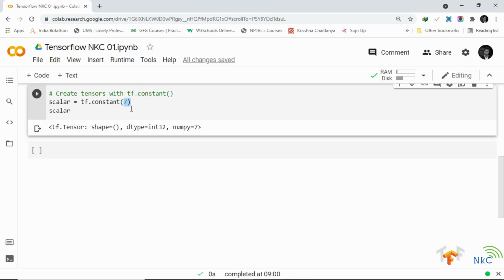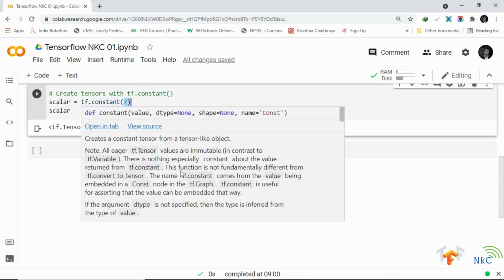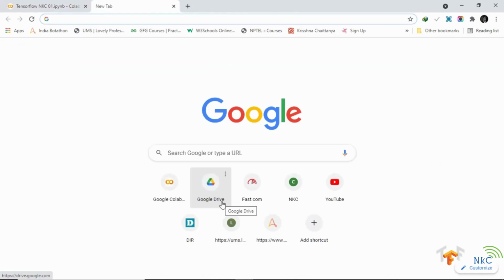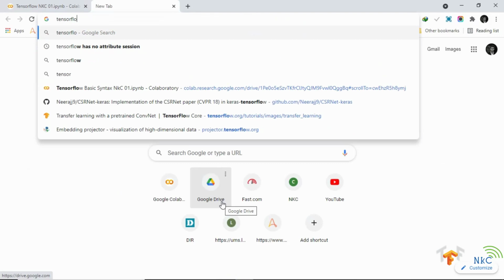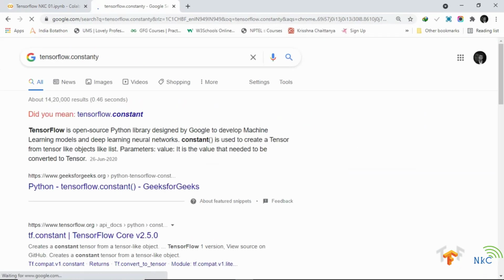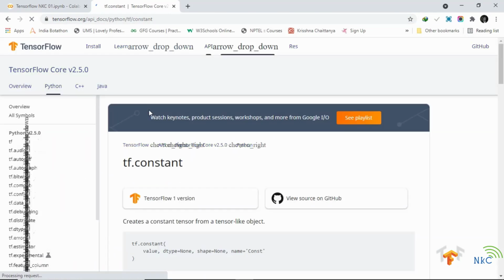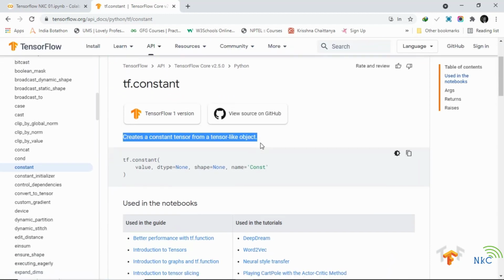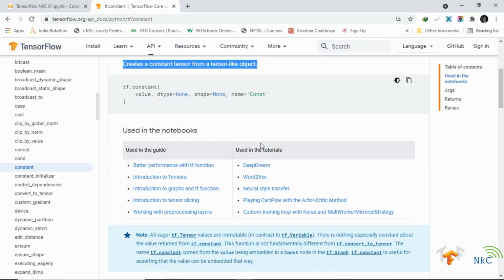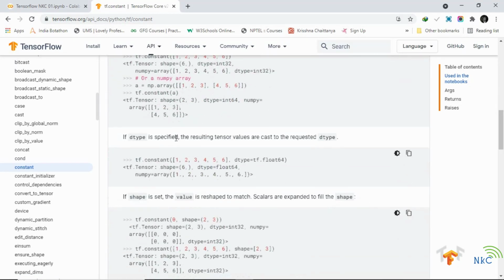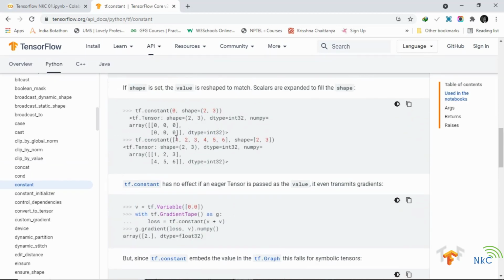Now if you want to get the information of the docstring for what this function is in Google Colab, you can press Command Shift Space. If we just wanted to search TensorFlow or tf.constant, that is what I want you to really get familiar with. It's just searching up something like this and then going into the documentation. tf.constant creates a constant tensor from a tensor-like object.